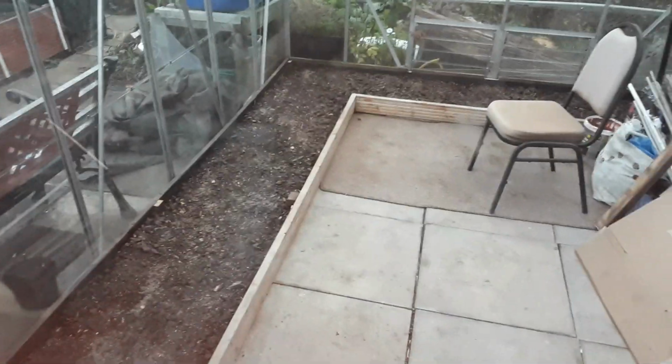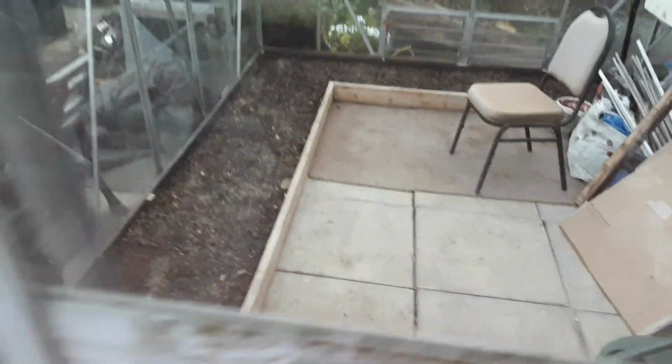Sorted the greenhouse out the other day, like I said on the last video. Not that you can see very well because I've got the torch on because it's dark-ish. Yeah, so I sorted the greenhouse out, plenty of manure, blood, fish and bone in the beds, got to clean all the